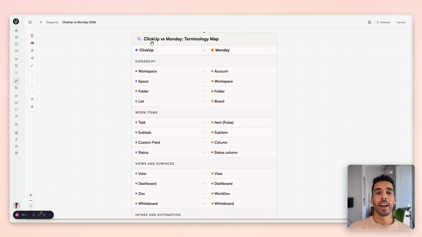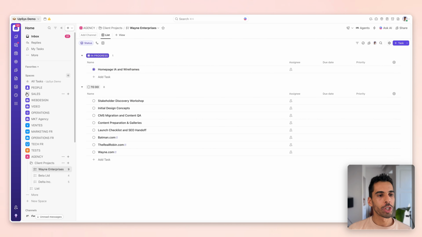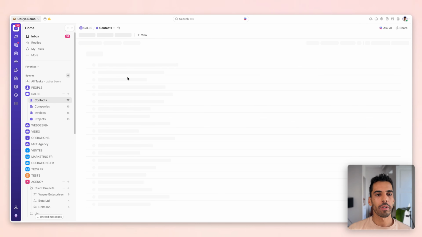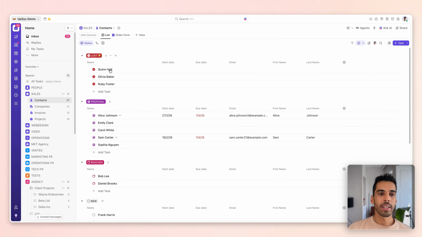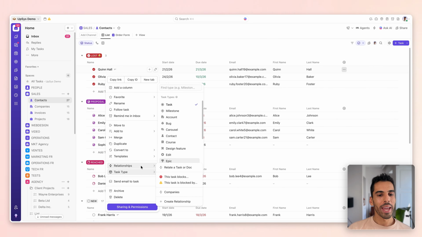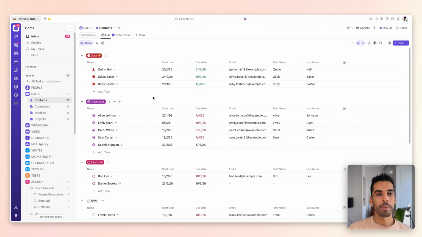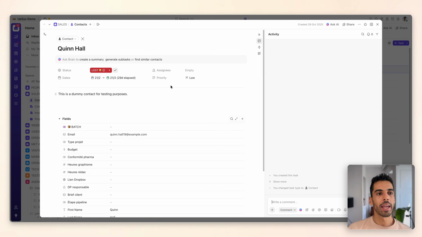Now, a task can have a type. For example, a task can be a person in ClickUp. If I open a task which is a person, for example, here I now have contacts. This is a task. This task can have a type. I can change the task type to contact and open this task, and it's a contact in ClickUp. But it's still a task,